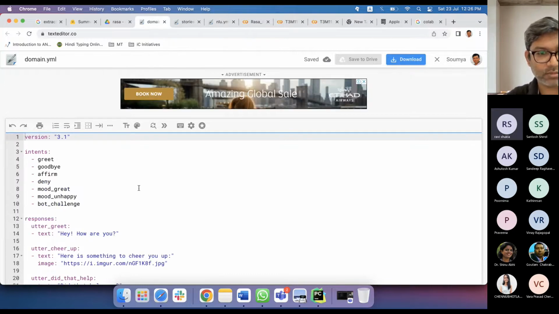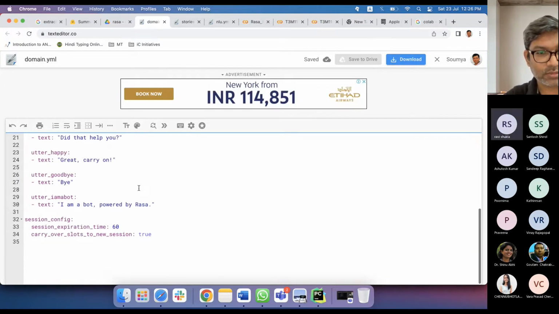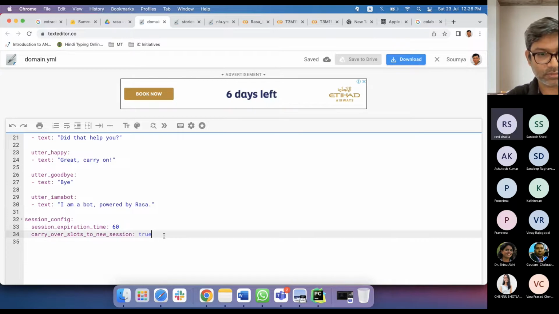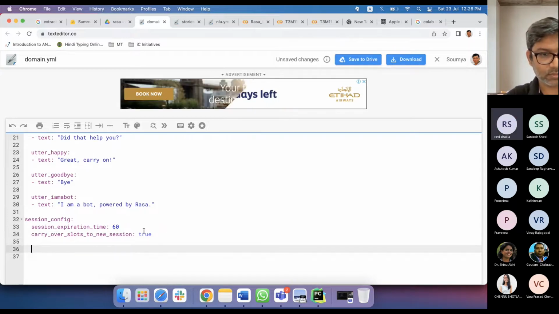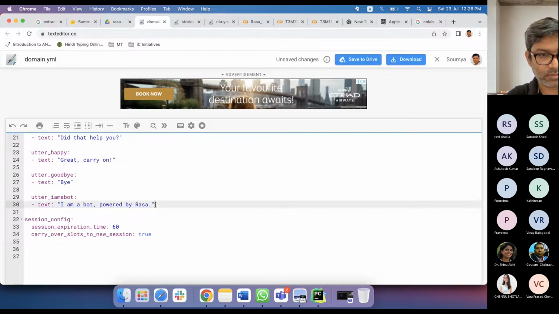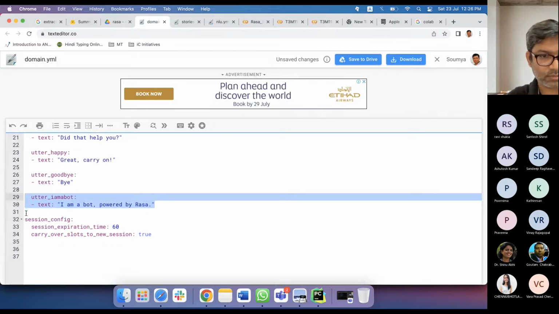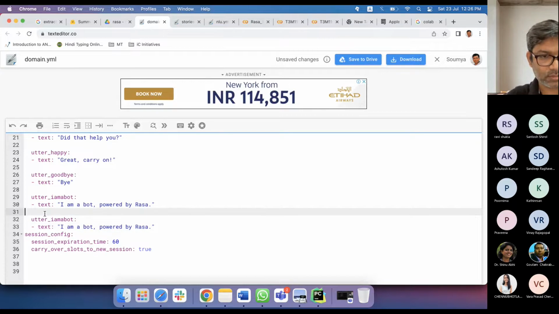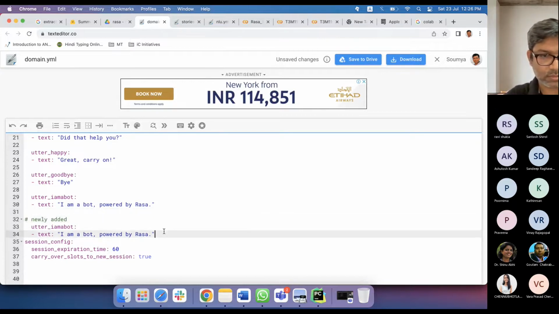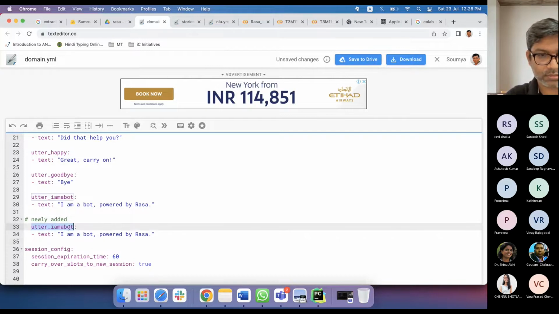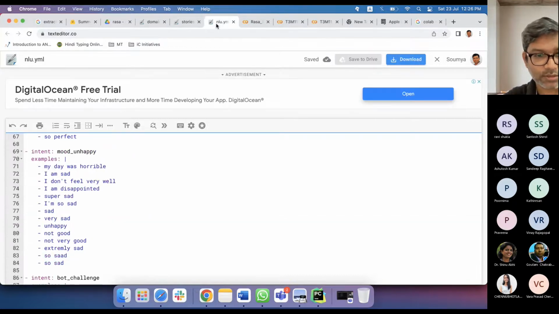Let's do domain.yaml. So you say utter flight status, maybe before line 31. Utter underscore flight status. Sir, one question. Should this string match with this?